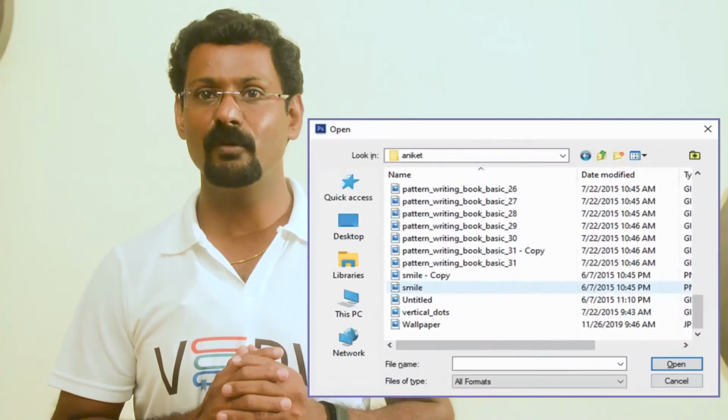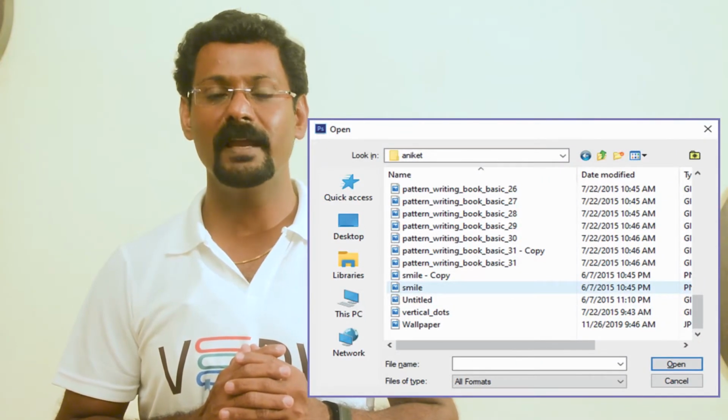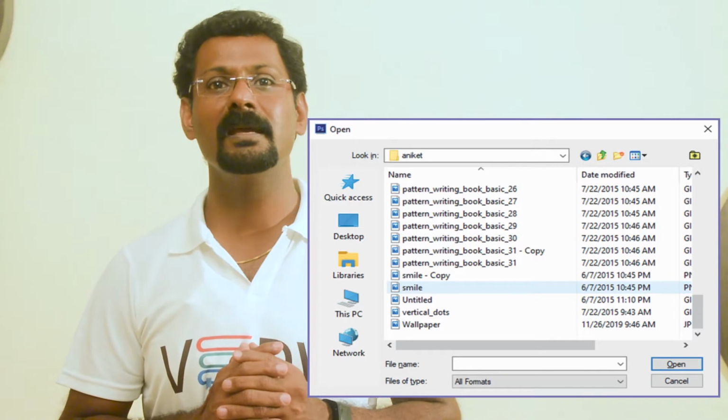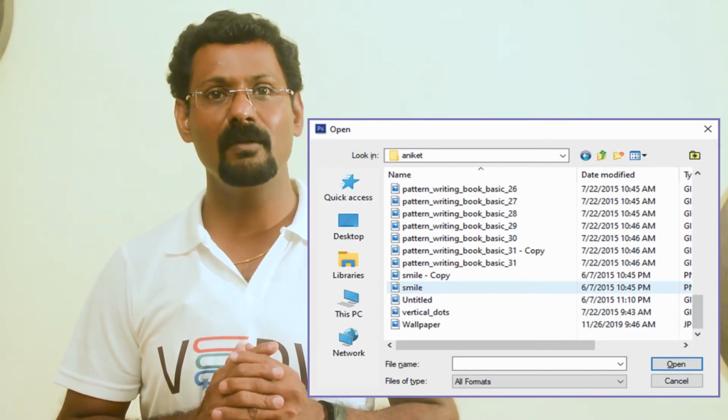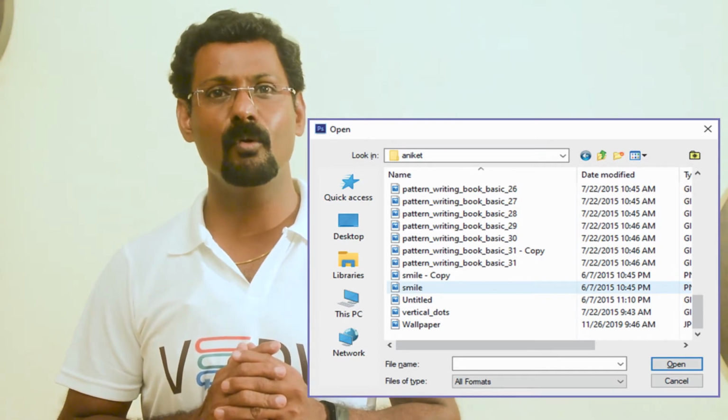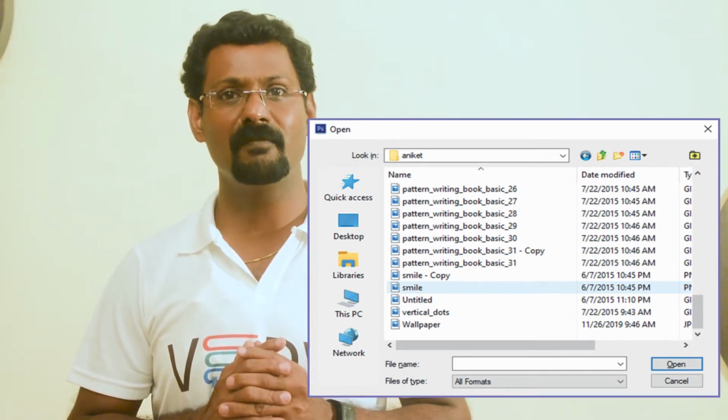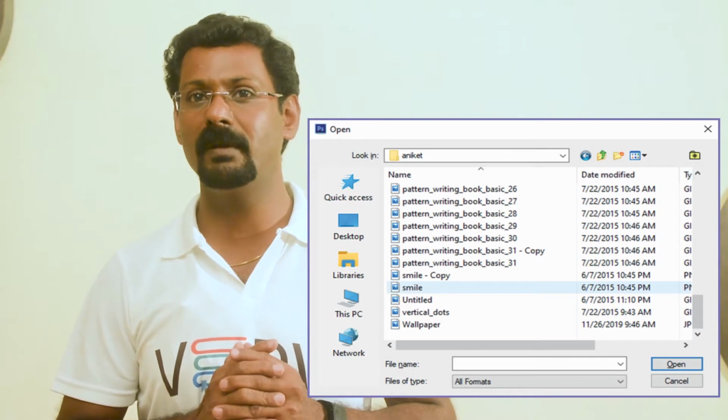Opening an image from a disk. If you know where an image file is stored, you can open the file in Photoshop CS6 in a similar way to opening an MS Office file. Follow these steps. Number 1. In Photoshop, choose File, Open. The Open dialog box will appear. Click on the image file you want to open and select it. After selecting the file, click the Open button. The file will open in Photoshop.